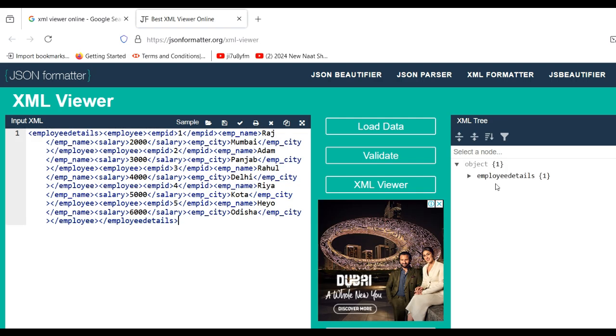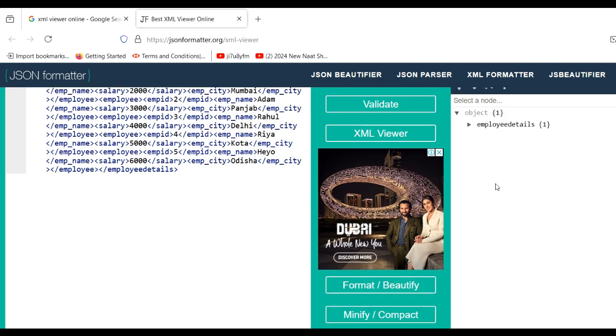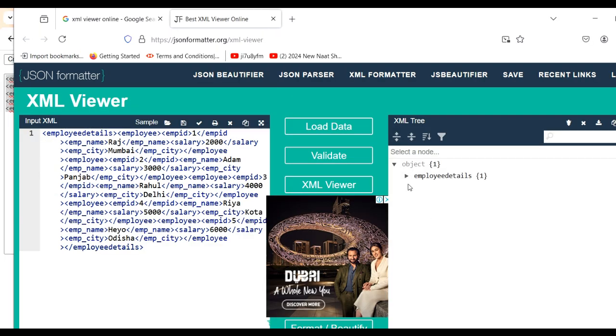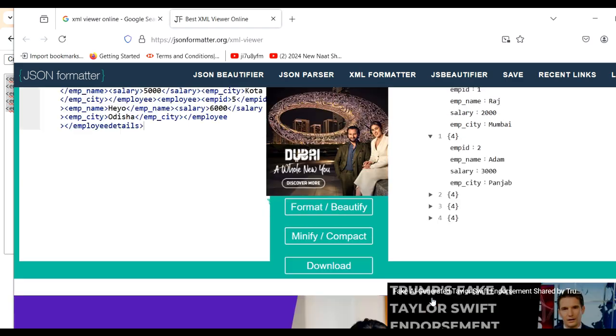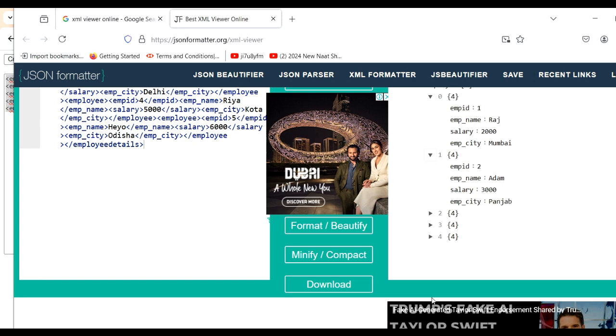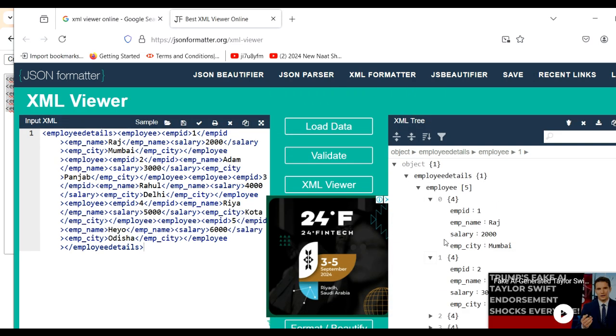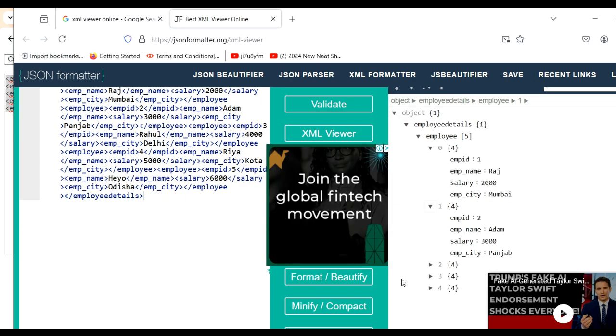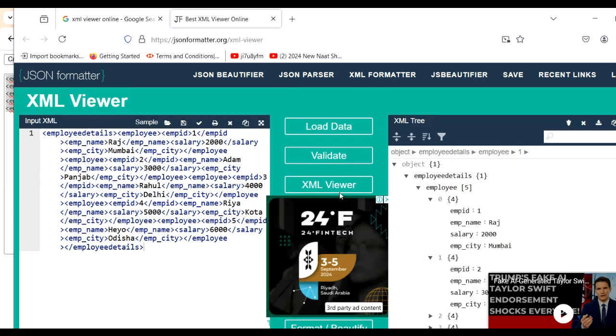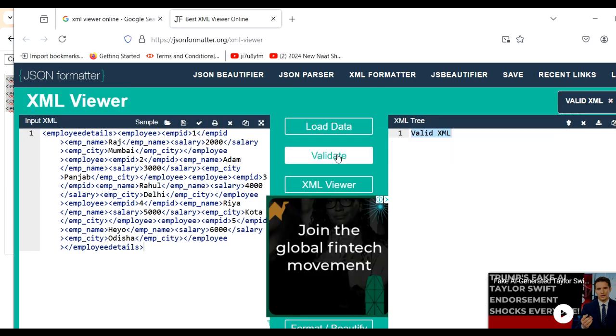So you can see first you will get an object like empDetails. There are five records, emp five, and 1, 2, 3, 4, you can see starting from zero index, and you can see empID, name, Salary, Mumbai. And also you can check whether this XML is valid or not. So click on this, XML validate. So click here, you can get